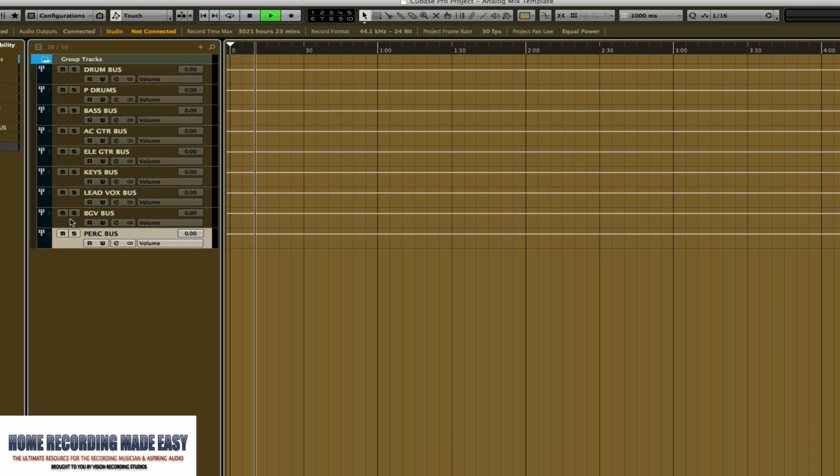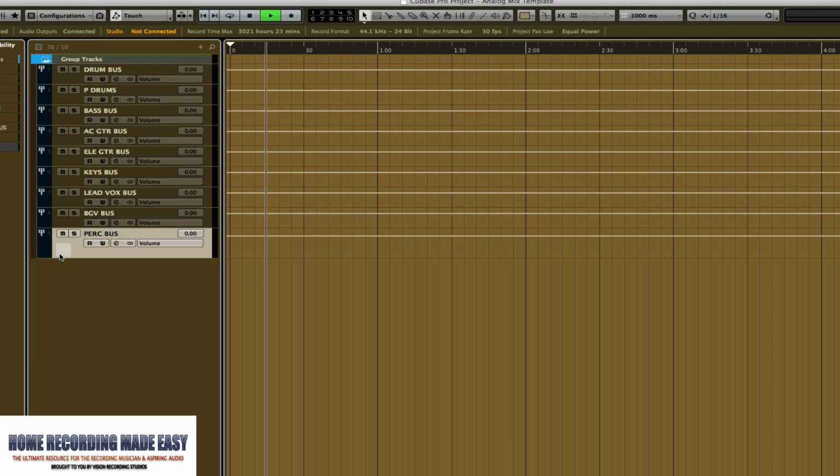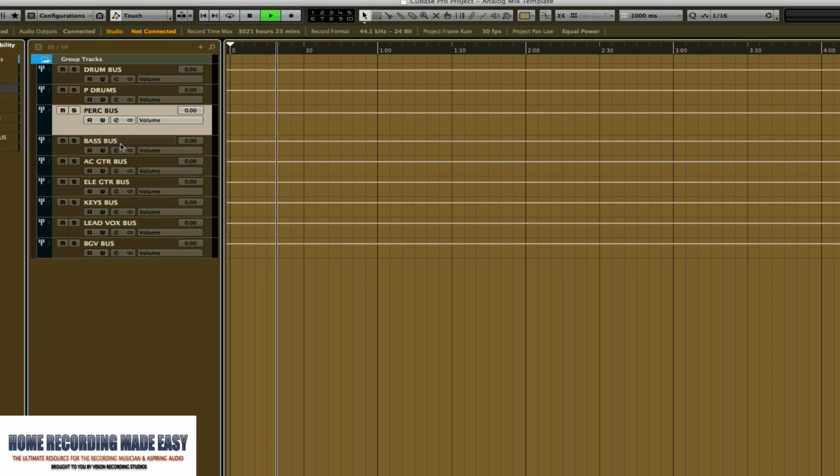Sometimes we have percussion, sometimes we don't. I will drag that over near my drums, under my drum bus. Okay, so now if I go to my mixer view,